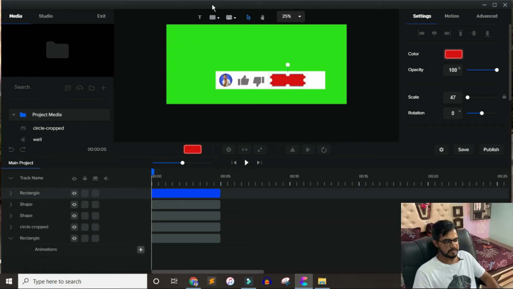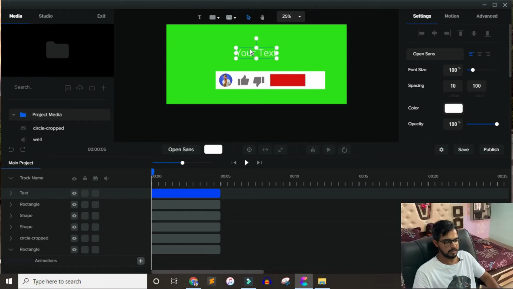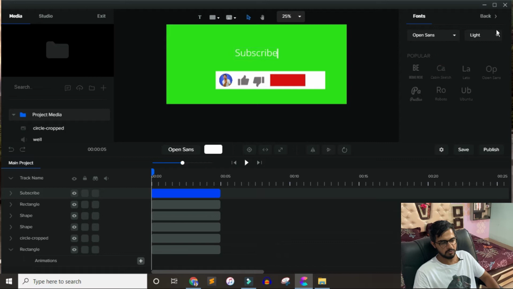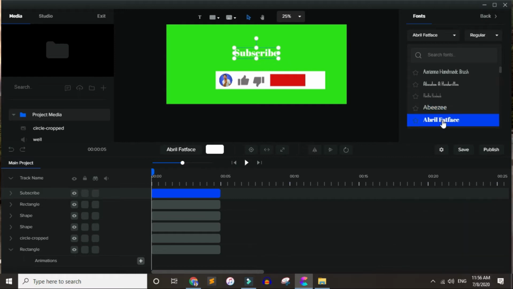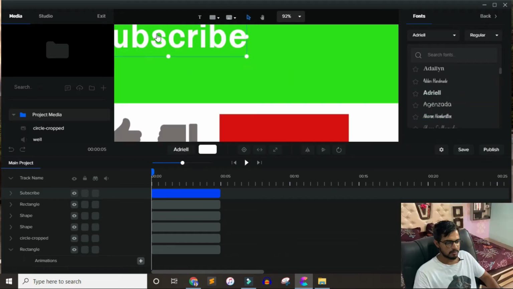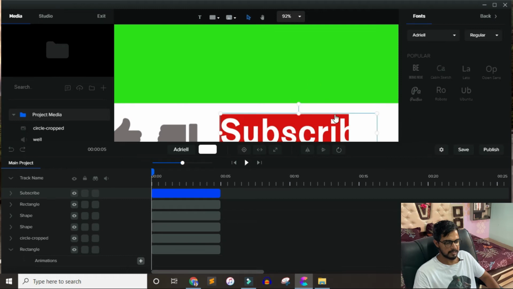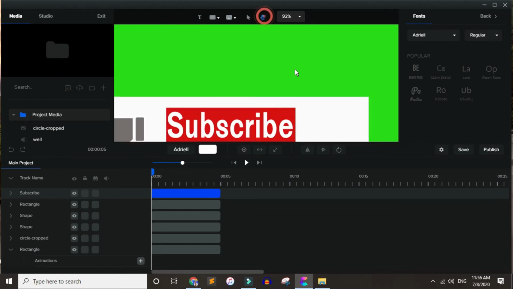Again place it in the center, and here I'm going to use a text that will be subscribe. Then I'm also going to make it bold and change the font family as well. And make sure you place that in the rectangle.